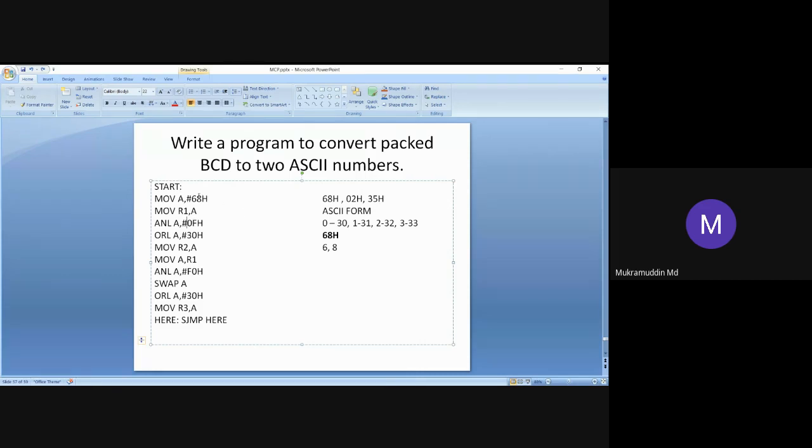When this 8 is ANDed with F, that is all ones, again the same 8 will come. So after completion of this instruction, ANL A, #0FH, the value of A register is 08H. Is it okay, all of you?